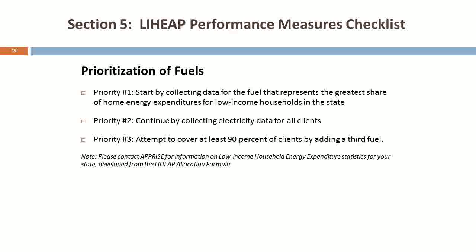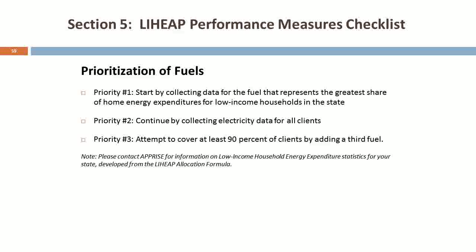So in the instructions that are outlined for the performance data form, it says that to reduce the burden associated with vendor data collection, grantees are only required to collect annual energy bill data from their top 5 natural gas, their top 5 electric, their top 10 propane, their top 10 fuel oil, and their top 10 other vendors based on the number of LIHEAP clients assisted within the state. And we want to stress that those are the requirements. However, we know that some of you are working towards those and really struggling with some of those other groups of vendors. So these are our recommendations for how you might prioritize your work in the state.